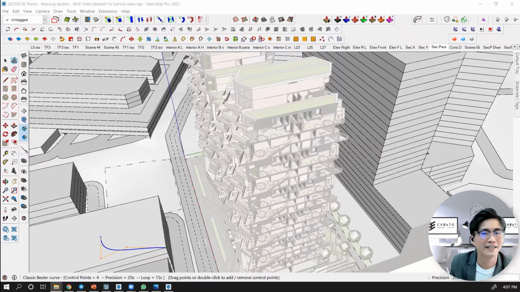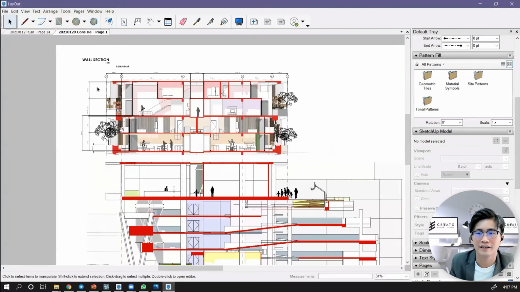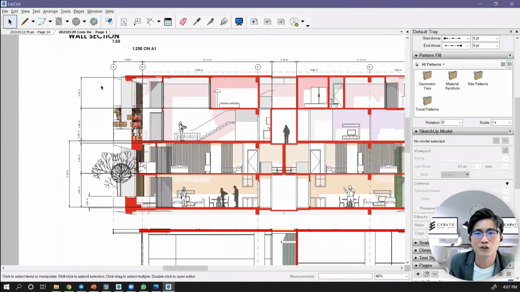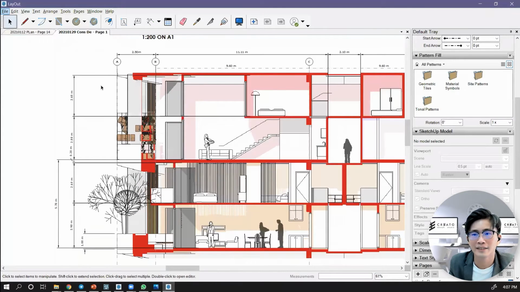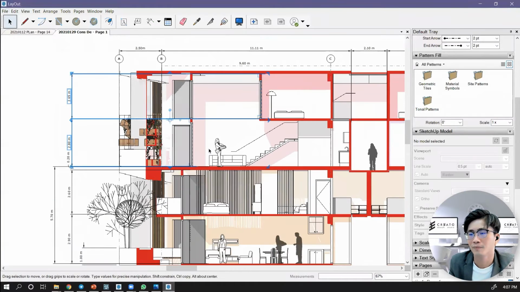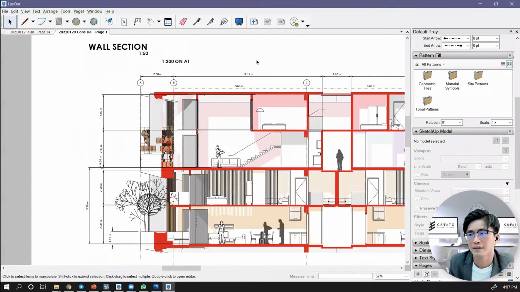Okay, I'll show you the live example, real life example. Okay, we zoom to this part. So you can see we can do all the labelings and the drawings here. Okay.